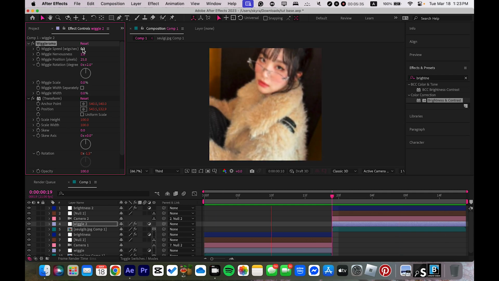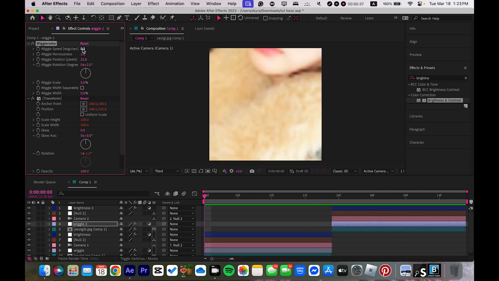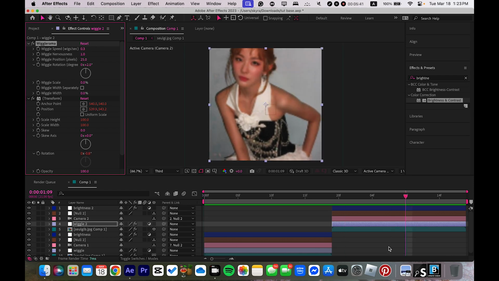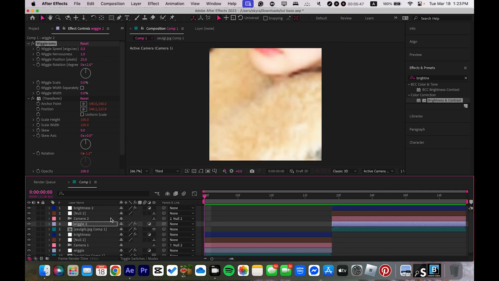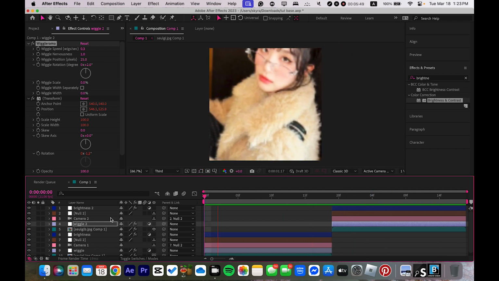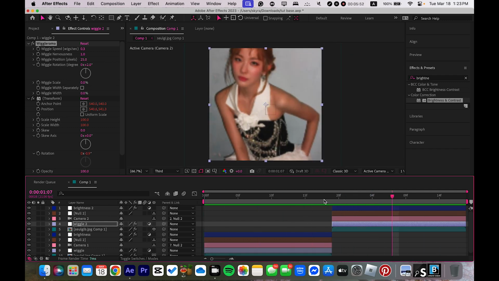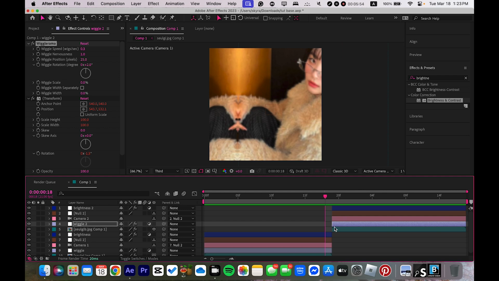Yeah, that looks better. Depending on your clip amount and how fast it is, you would want to change the speed and the amount of rotation. So this is one way you can do this. And then if you do want to have motion blur, you can